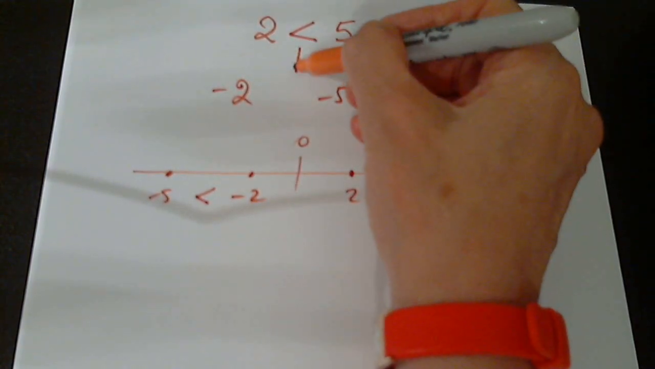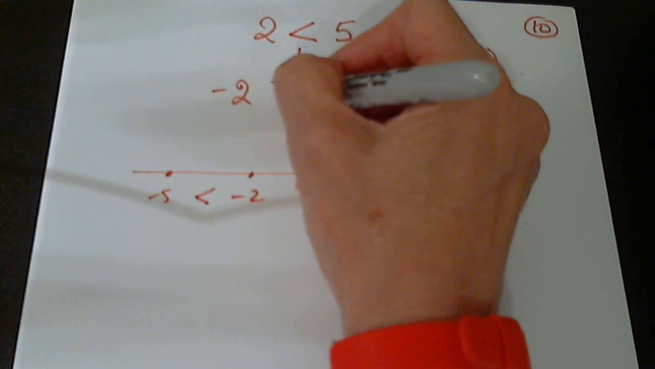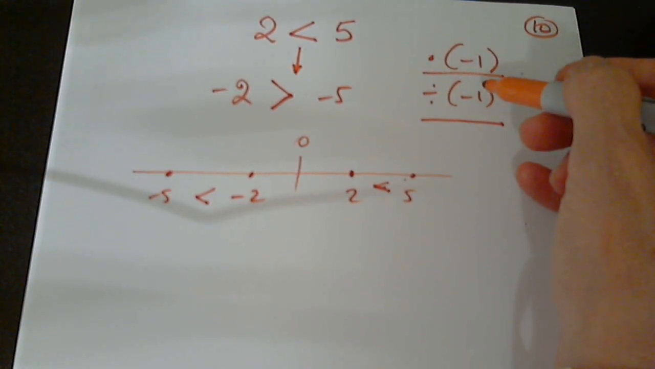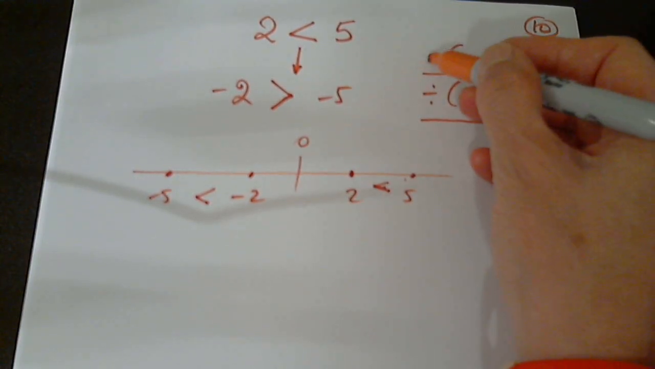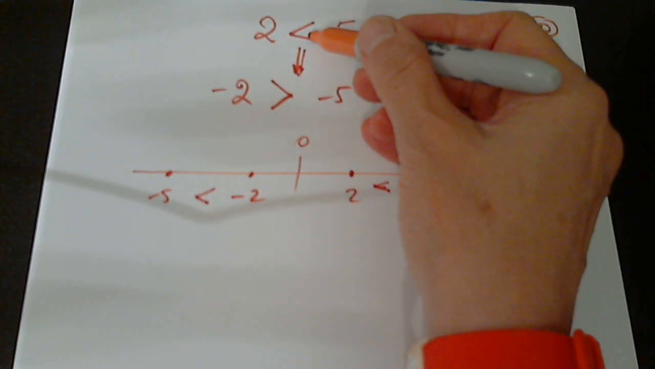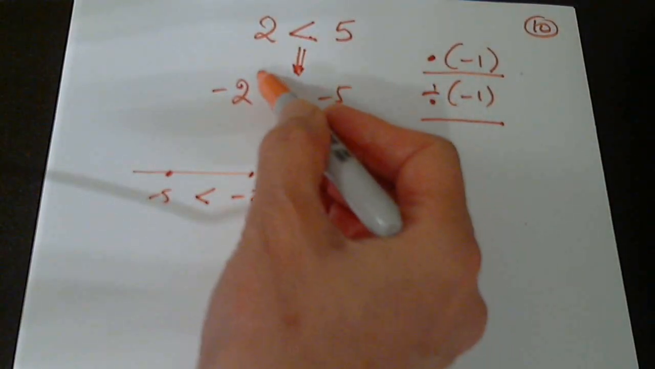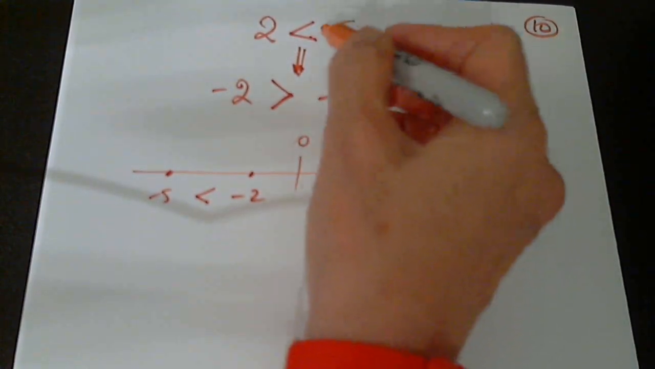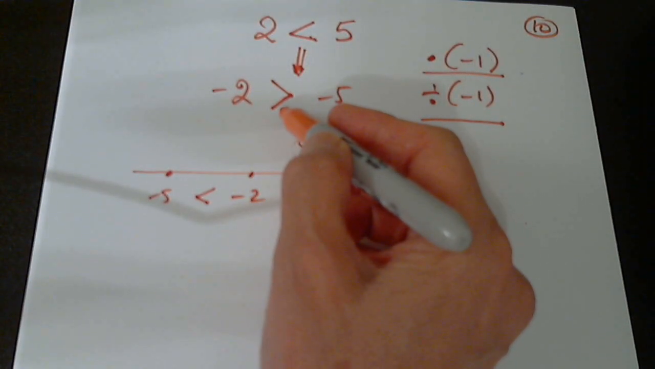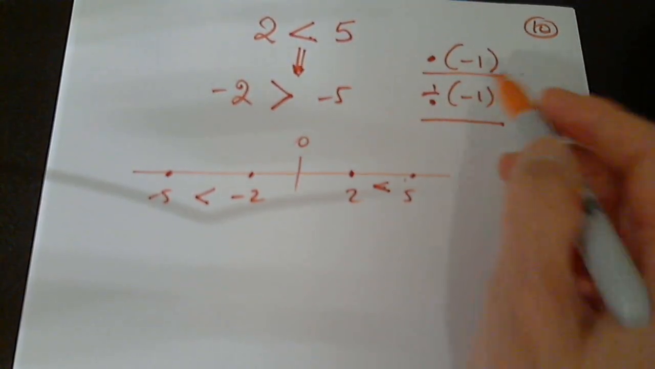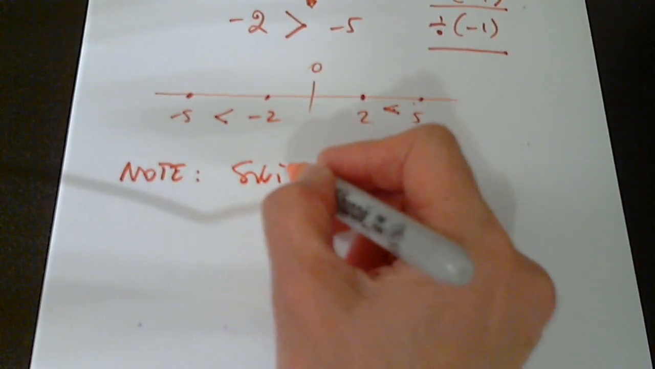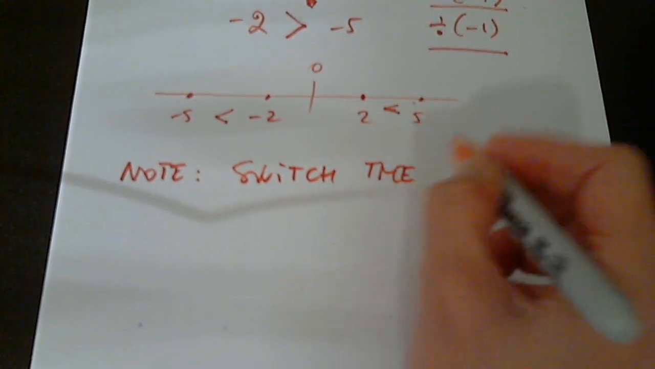In other words, every time in an inequality I multiply or divide by any negative number, not necessarily negative 1, I must switch the inequality symbol. If it's less than, I have to change it into greater than. If it's less than or equal to, I have to change it into greater than or equal to. So I'm going to write this note here: note, switch the inequality symbol